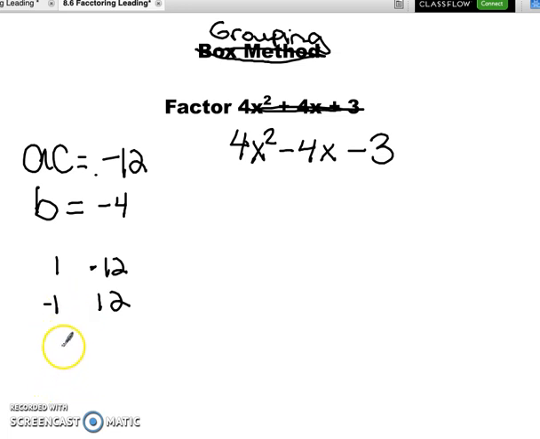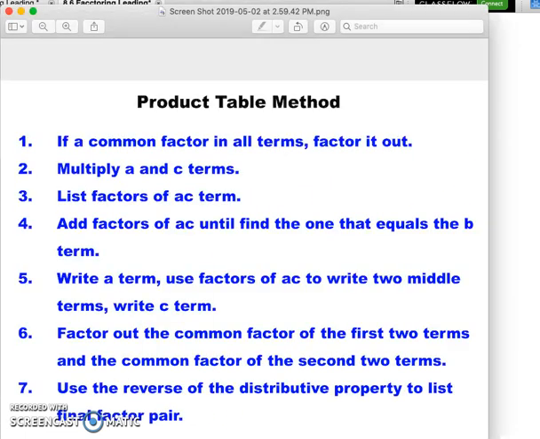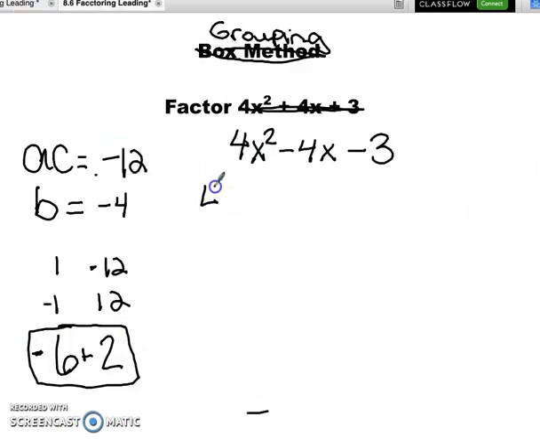If I do 6 and 2, one of them has got to be negative. So if I put negative 6 and 2, right? And then when I add them together, does it get me negative 4? Yes. Okay, so these are my two numbers. Now I need to do my second step. So I need to write my A term. So I'm going to write 4x